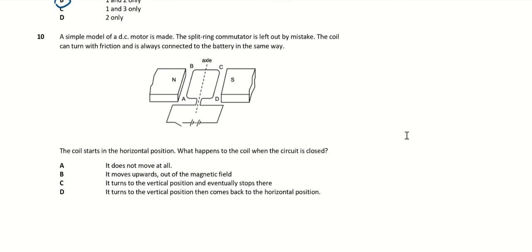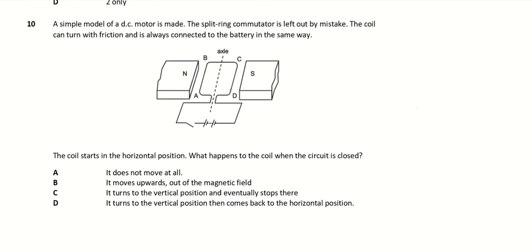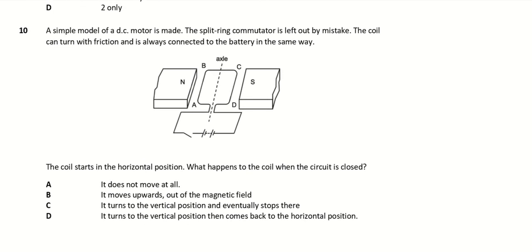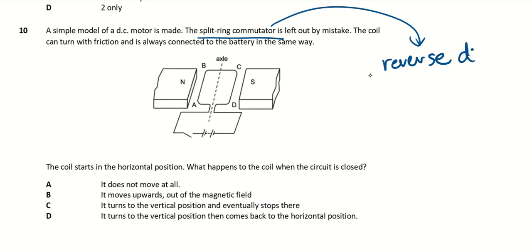Question 10, I think I didn't ask you all to do, because they didn't talk about the split ring commutator in much detail for your syllabus. But I think we can try this. In this case, the split ring commutator is left out. What is the function of the split ring commutator? Please write this down, it is also in your notes. It will reverse the direction of current in the coil